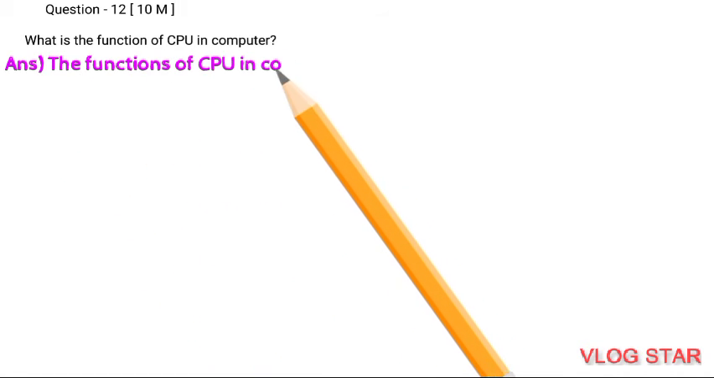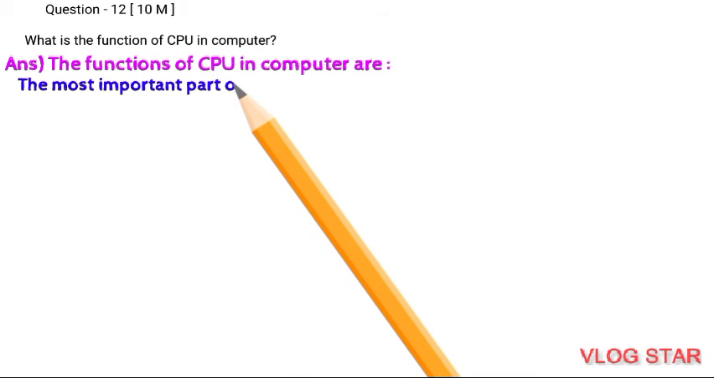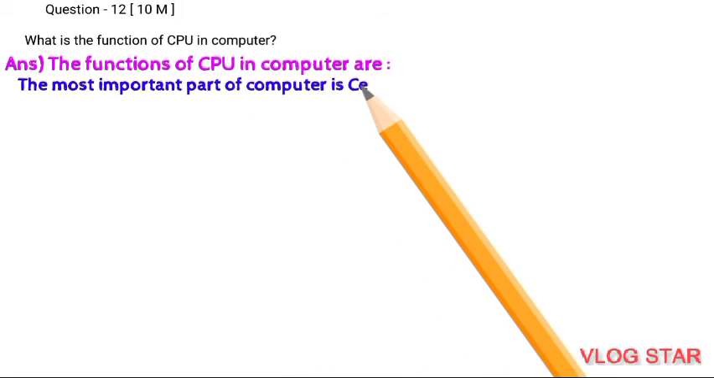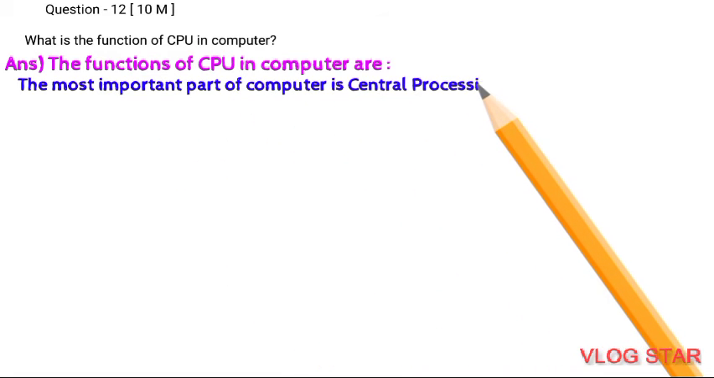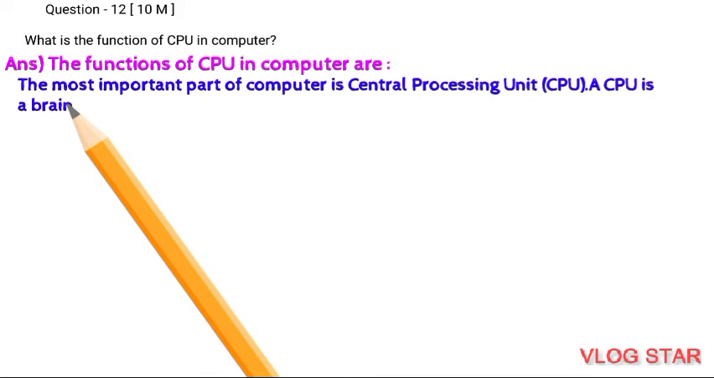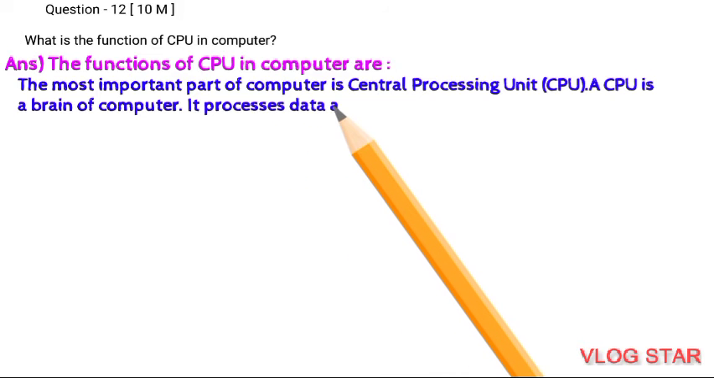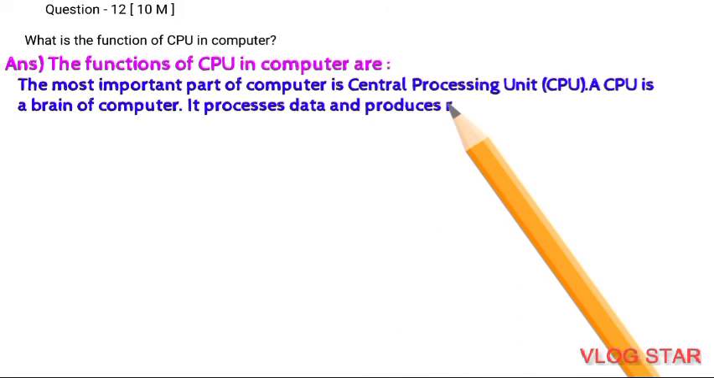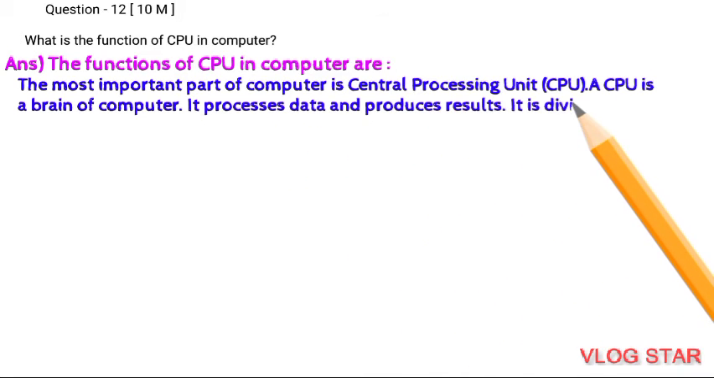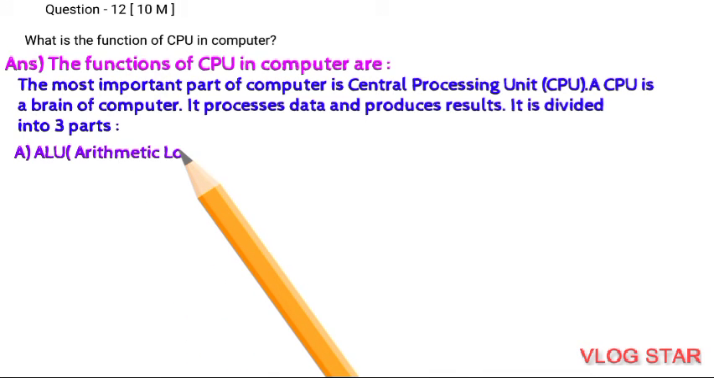Question number 12. It consists of 10 marks. What is the function of CPU in computer? The functions of CPU in computer are: the most important part of computer is central processing unit, that is CPU. A CPU is the brain of computer. It processes data and produces result. It is divided into 3 parts. A. ALU,